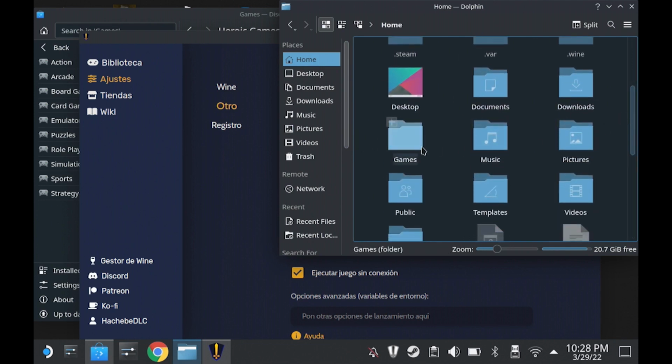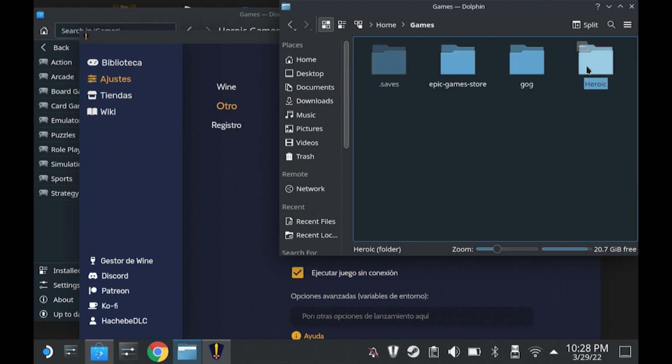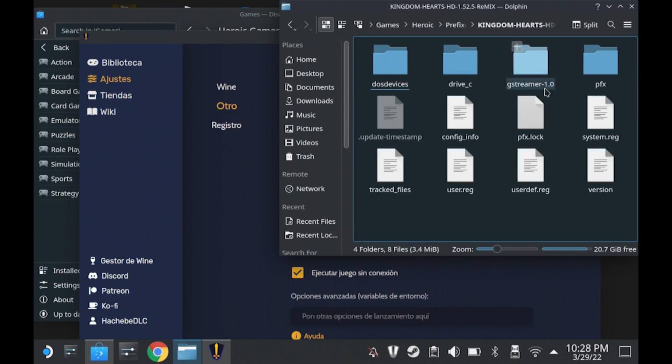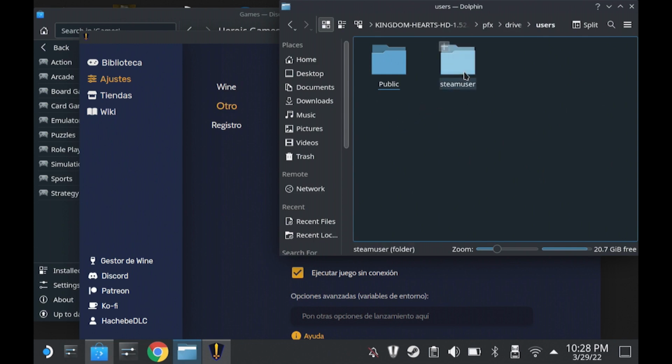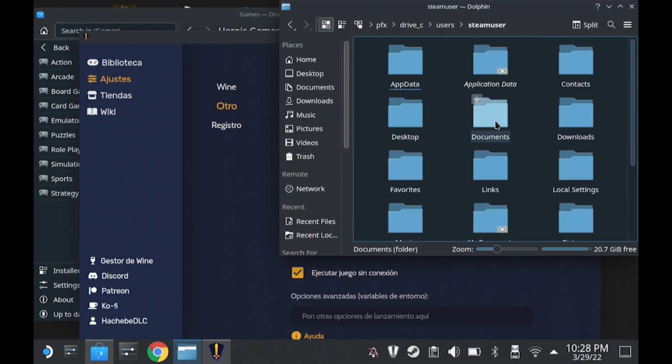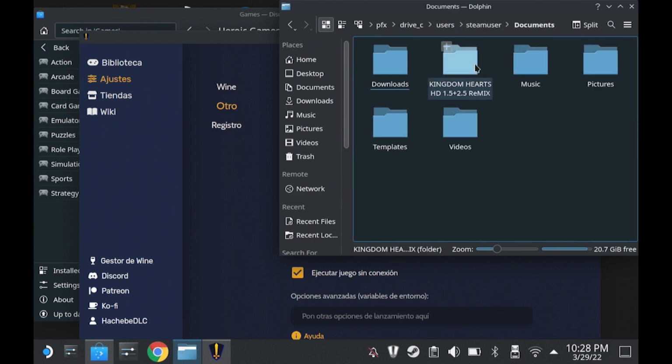So in my case, it's gonna be games, heroic, prefixes, and on here I have all my Heroic games, Kingdom Hearts, and on here I'm gonna go to PFX, Drive C, and this is just like any Windows installation. I'm gonna go to users, my user, documents, and here I have Kingdom Hearts,